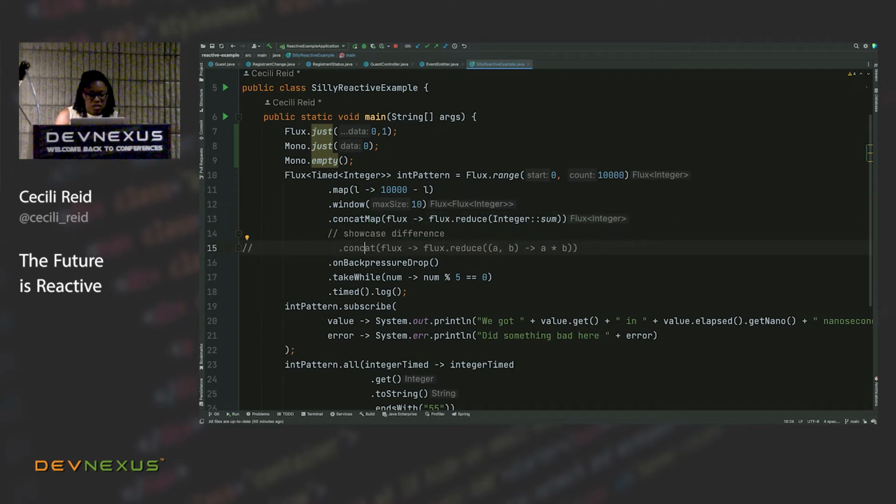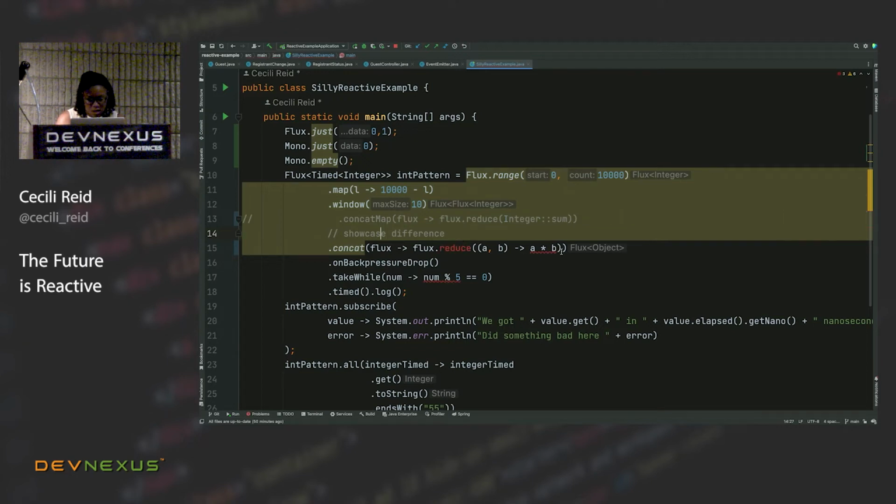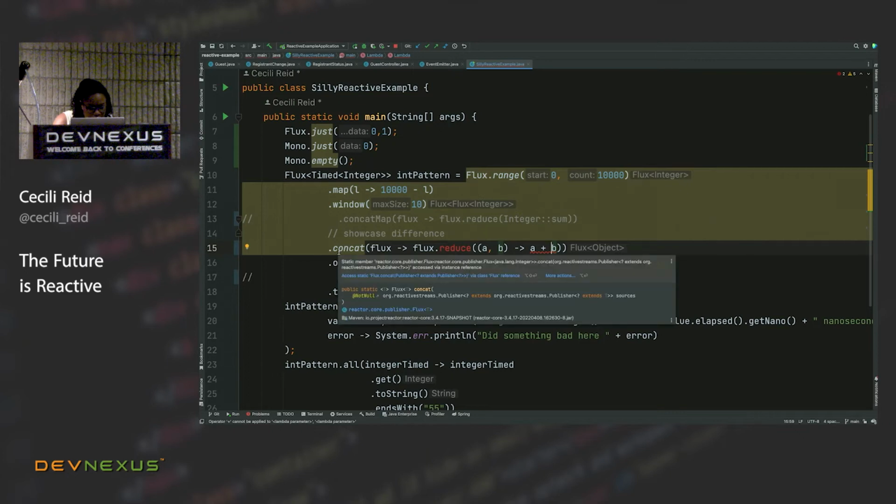Now, what I wanted to do is see what happened. Flux windows, yes. Reduce. What was it?